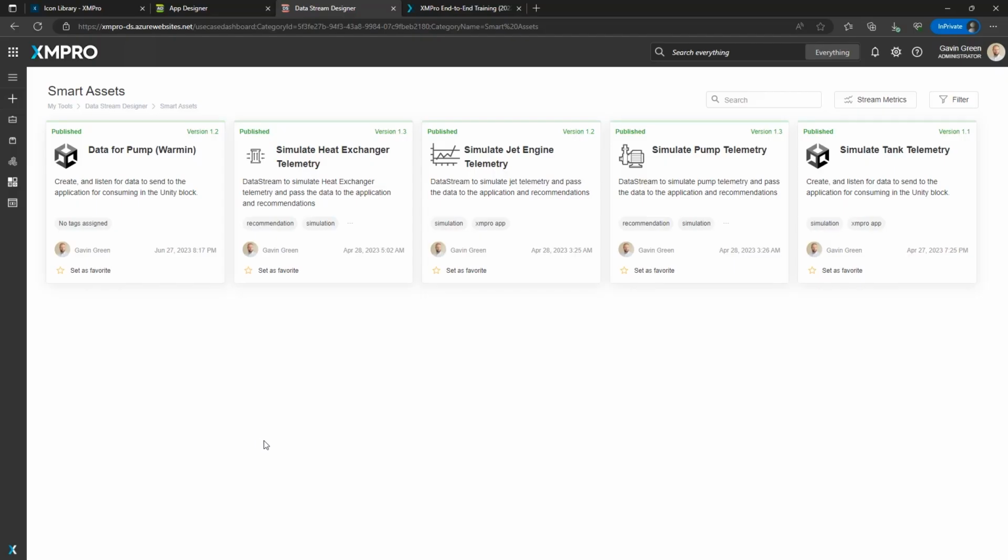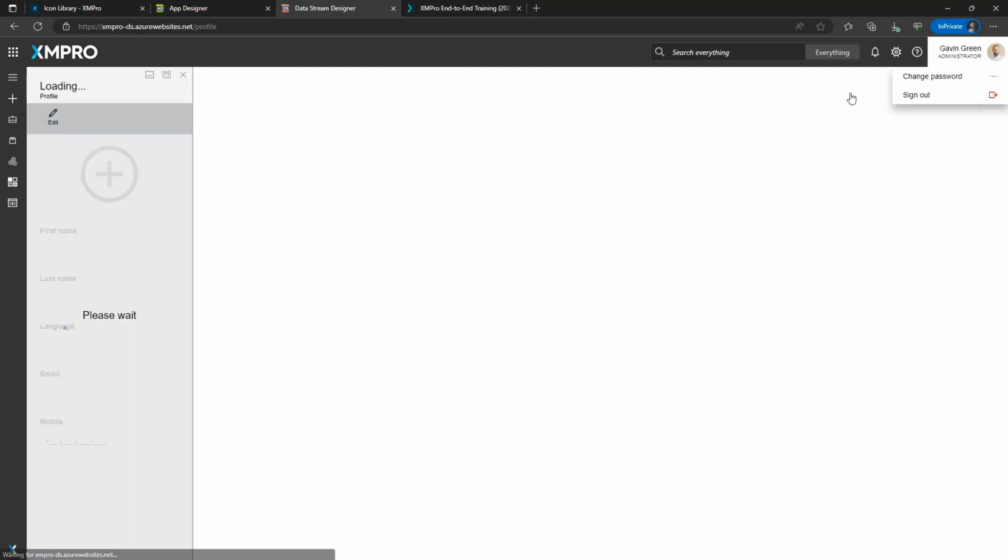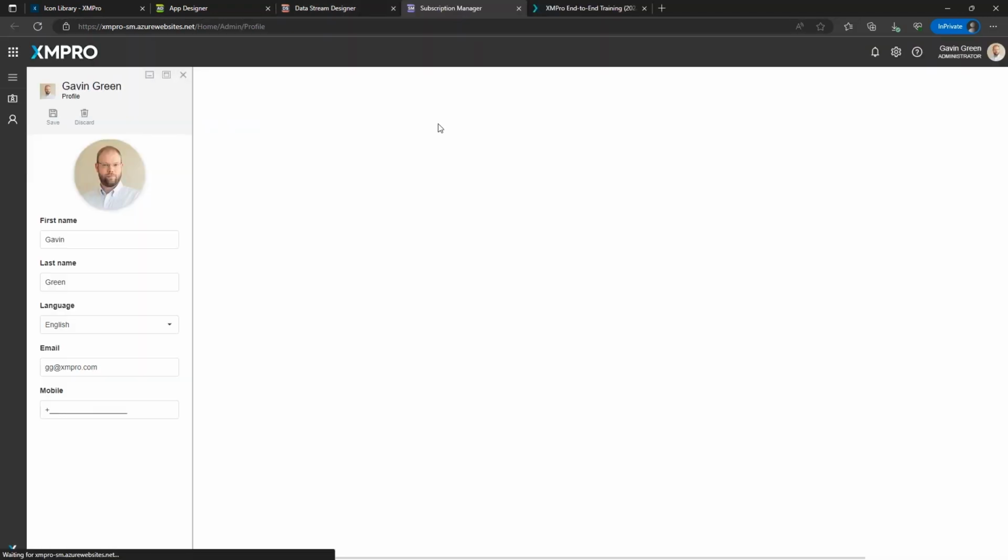The last thing I'll leave you with in here is you'll notice you can change your avatar. As more and more of you are using this, as you start sharing apps between each other, what I would suggest you do is if you click your avatar on the top right and you click edit, it'll open up the subscription manager and you can edit your details. Update an avatar or upload an avatar for yourselves. Doesn't need to be your picture,